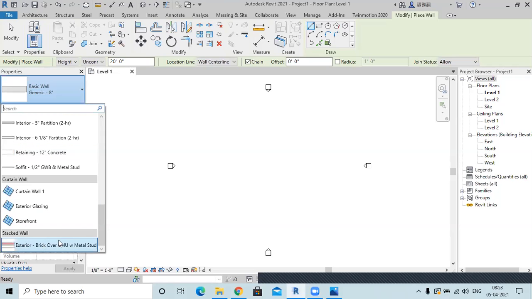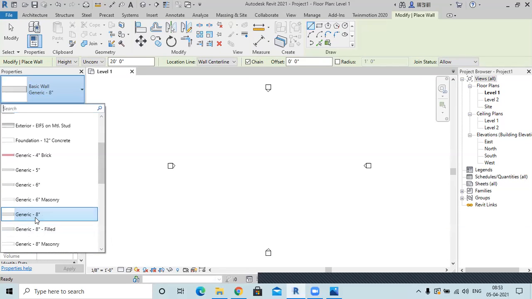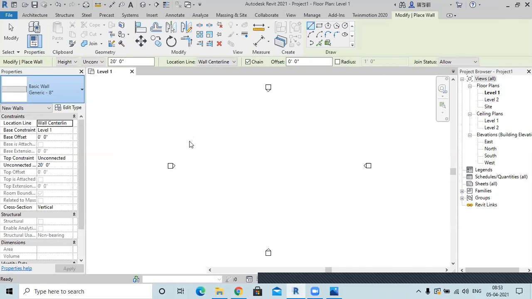Then you have this stacked wall, which is not used much because it has multiple materials and all those things. You won't be using this, but the majority you'll be using is a generic wall, because we are just making an architectural template here, so we don't have to deal with different types of materials. But yes, we have to deal with the exterior materials, because that's how our whole project will look, on the basis of the materials which we provide in the exteriors of a project. And obviously I'll also show you how you can map an interior elevation as well, so that you will get to know.